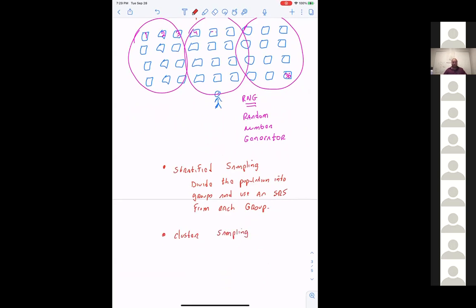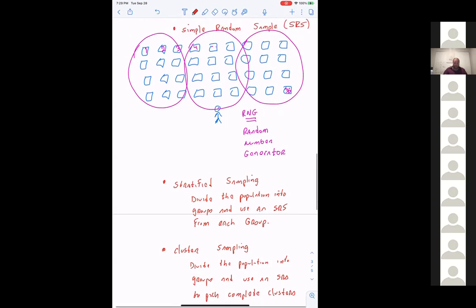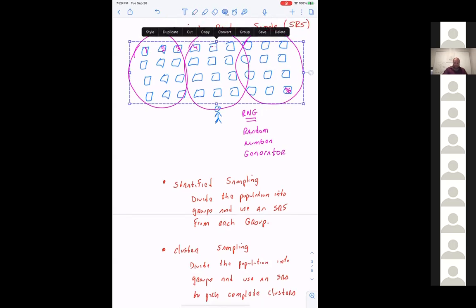And cluster sampling is very similar to stratified sampling, and then very different. We first divide the population into groups, just like we do with stratified sampling. And we use an SRS to pick complete clusters. So what that means is, if I come back to this example here,